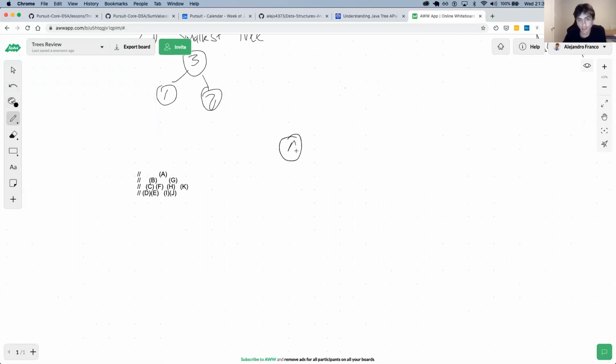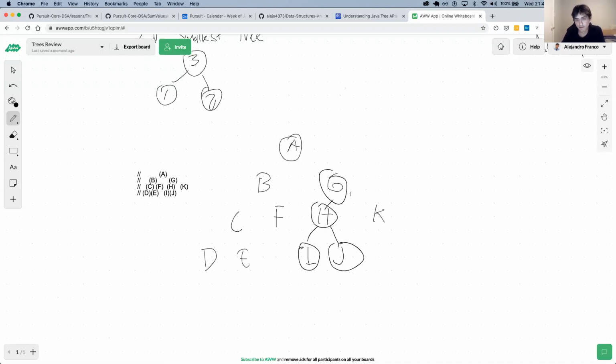Let's see, can I make this bigger? So we have A, B, G, F, D, E, H, K, I, and J. Okay, so we have our tree.